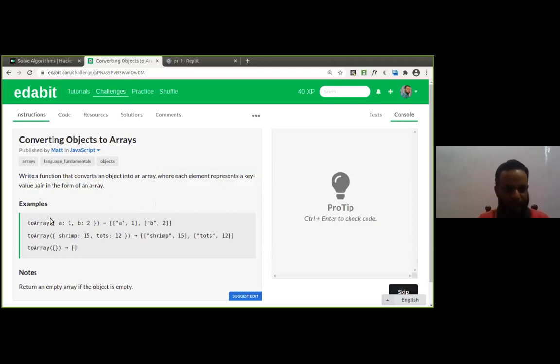Yeah, I can see here in this object is a and 1. So that goes as an array.